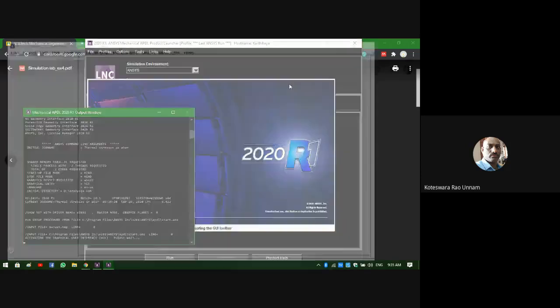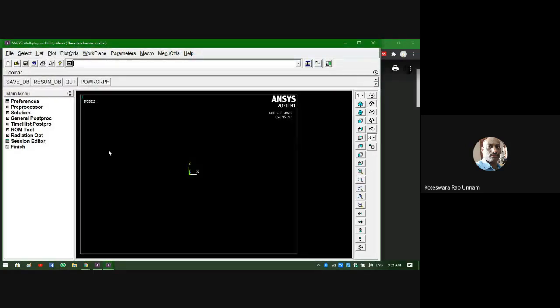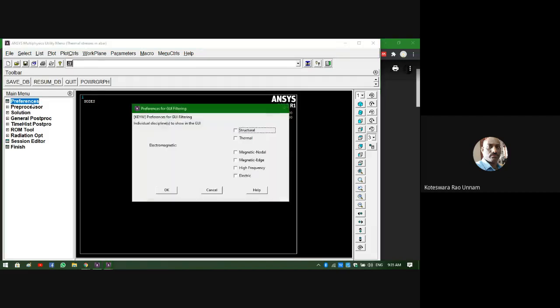Now the software will open. Once it is done, you can see whatever name I gave there comes out here. Now if I save it, all the files will be saved under this job name, thermal stress in a bar. Okay, preferences, generally we won't use this, or if you want you can.